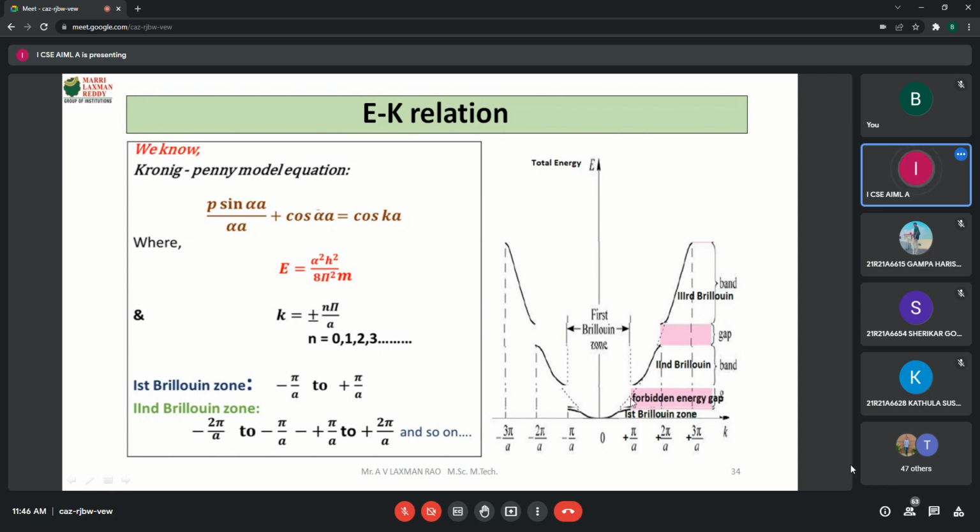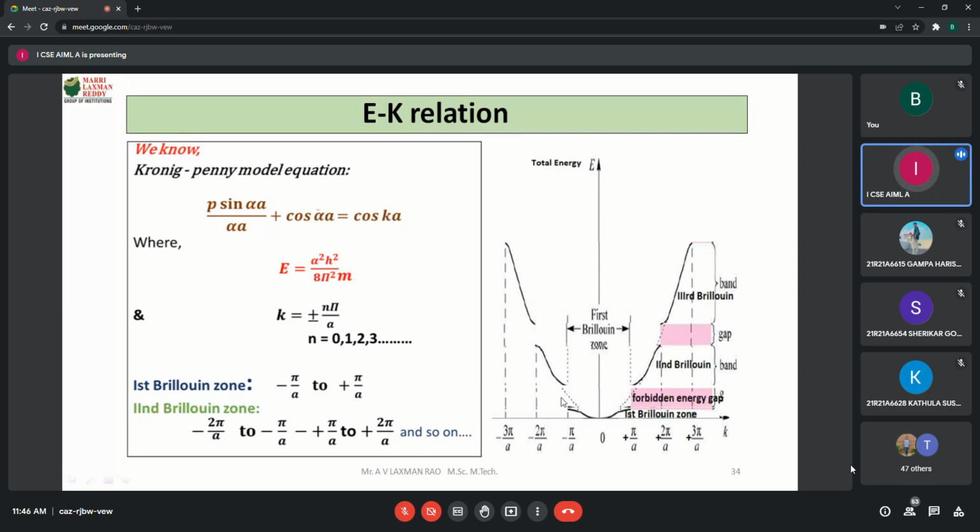One question: here n equal to 1 means plus or minus 1 pi by a. So from plus pi by a to minus pi by a, you join that region like this. n equal to 1 is this one. If you take n equal to 2, that region is from here to here, a distinct region. It is nothing but the second region. First region, second region, and in between some gap should be there. Why?